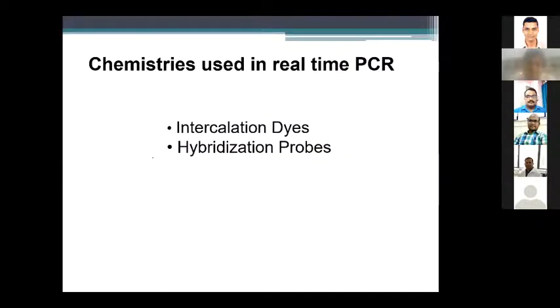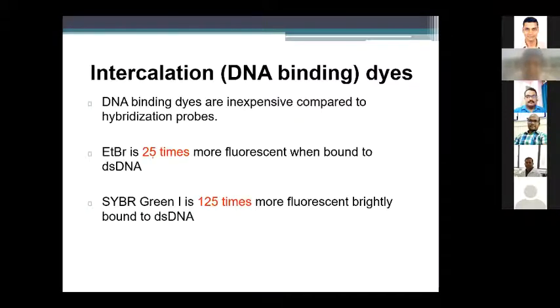For identification or analysis of the real-time PCR product, we need a specific dye which fluoresces and gives a signal in each and every cycle. The two types of dye, or you can say probe chemistry, used in real-time PCR are intercalating dyes and hybridizing probes. This intercalating dye binds with the